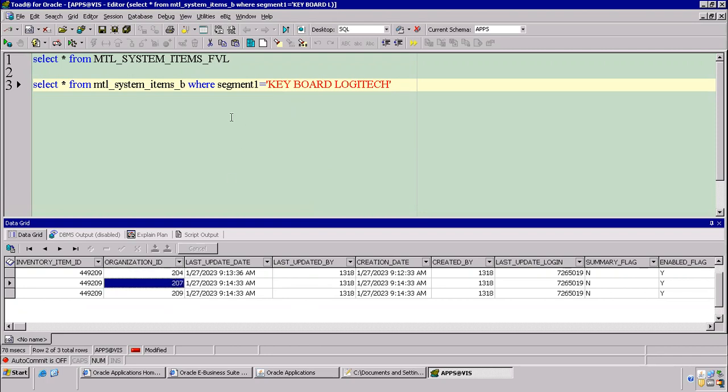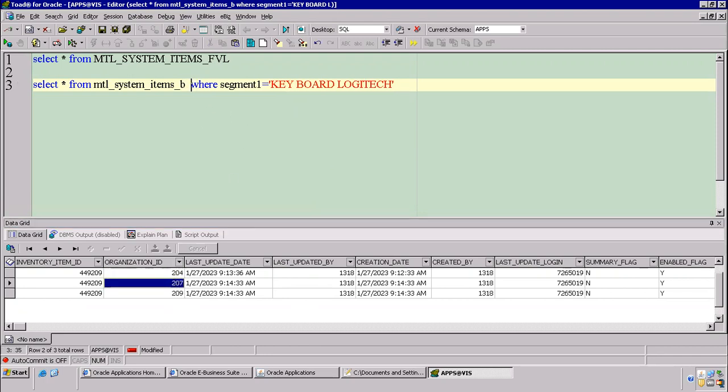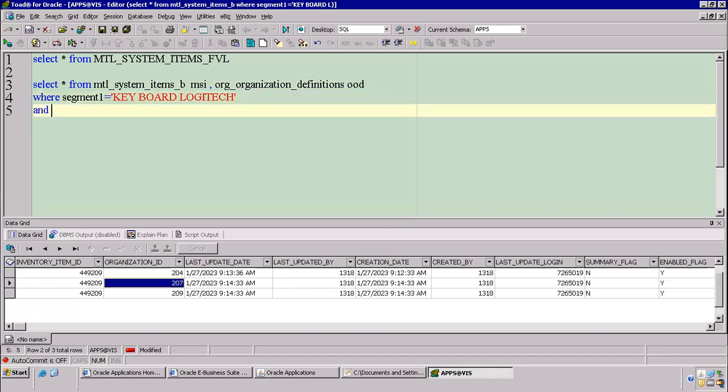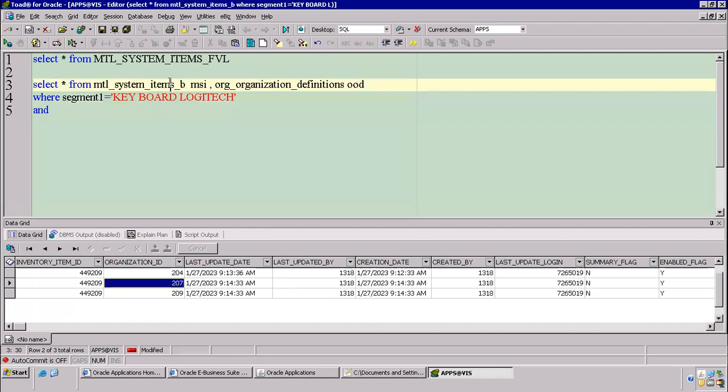If you want to know the organization name also, put alias name here, MSI. So why I took MSI here is, here I have taken as an alias M, S, then I. B you can, if you want, you can keep, no worries. Organization table is ORG, organization definitions, OOD. And the join between these two is